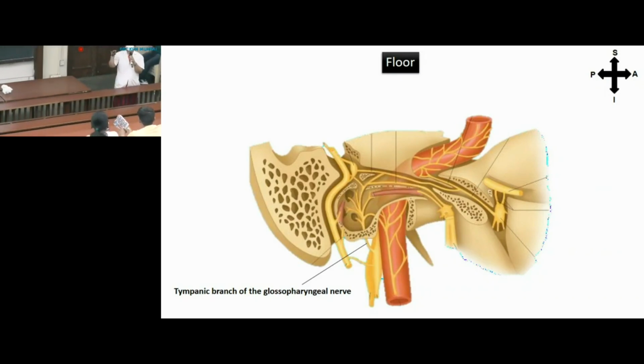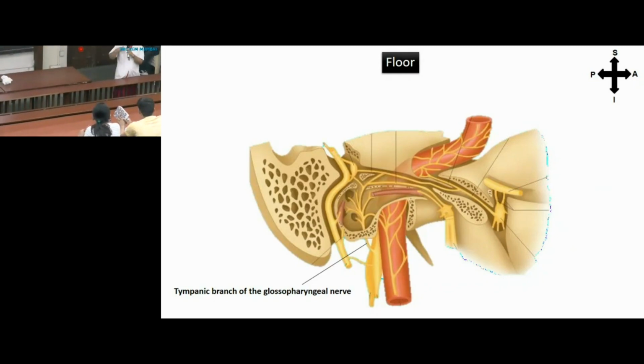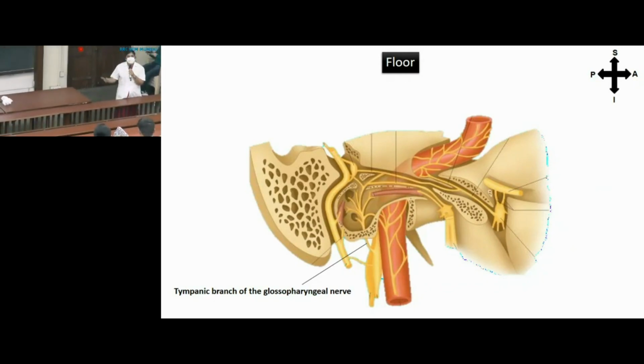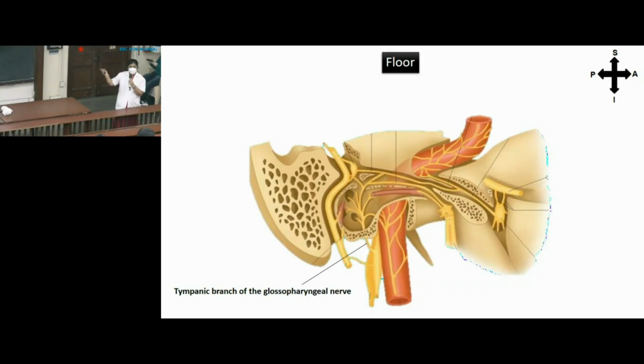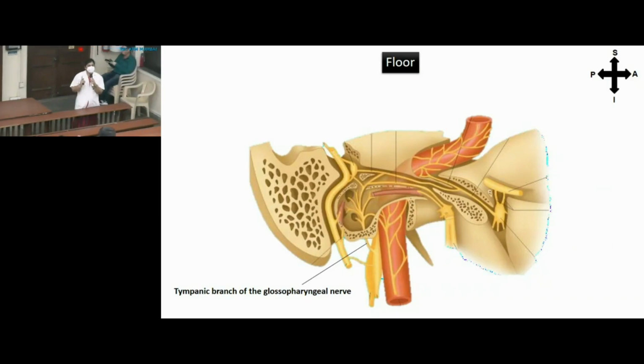And we have seen in the roof there is one nerve. So can you link this pathway now? Tympanic branch of the glossopharyngeal nerve. On the medial wall there will be the tympanic plexus. And from the tympanic plexus what is coming out? Lesser petrosal nerve. And where is it leaving? Through the roof. And then entering which region? Trace the lesser petrosal nerve. It is present in the middle cranial fossa, beyond the tegmen tympani.